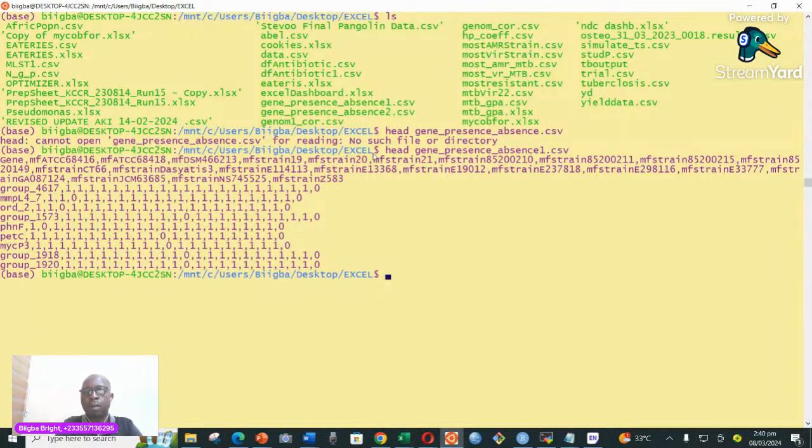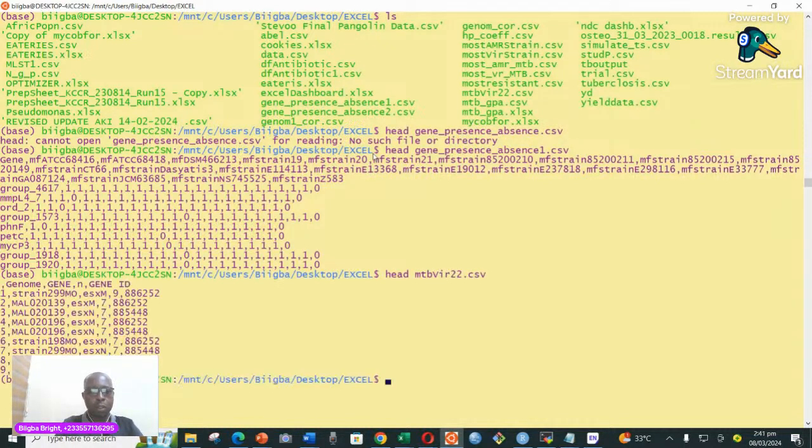But I think that the most important example that is very easy that my friend can relate to is the one that we have used here, where we have the MTB. So here, it's very easy. You select, maybe you want your gene, and then in that order. So when you do that, it's very easy for you to, you first of all have to grep. What do you want? Maybe you can grep